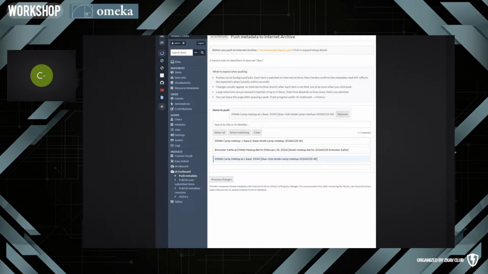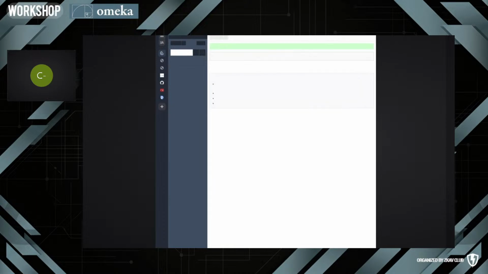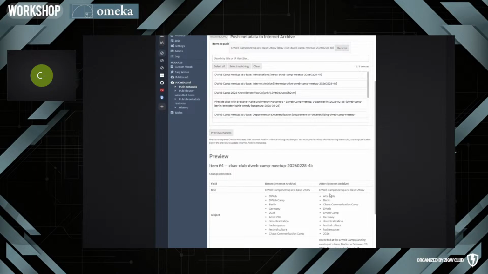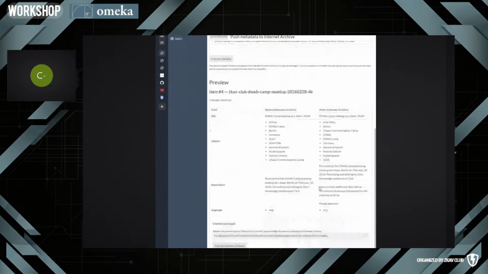And then, so as you can see here, this is some of the additional information that was added to Omeka S in the metadata, and if we were to push it,